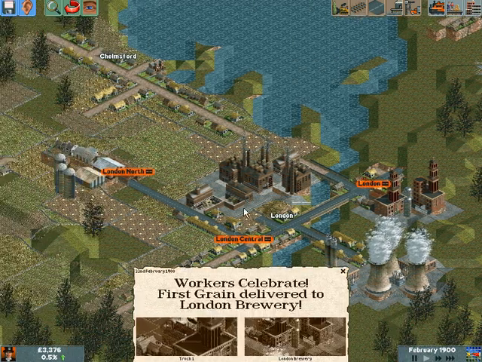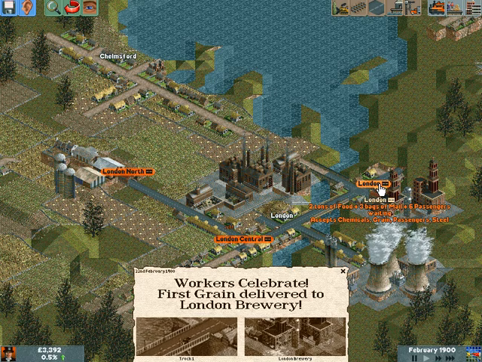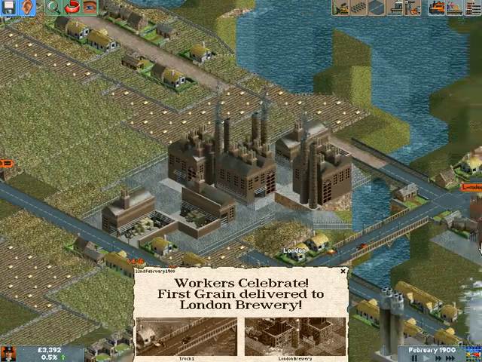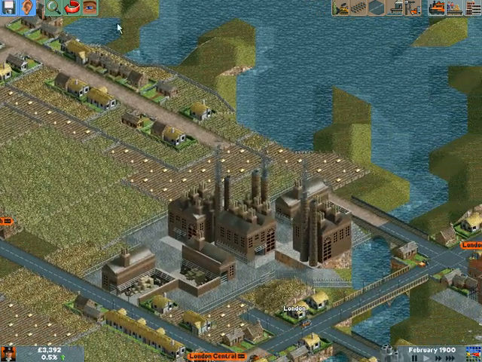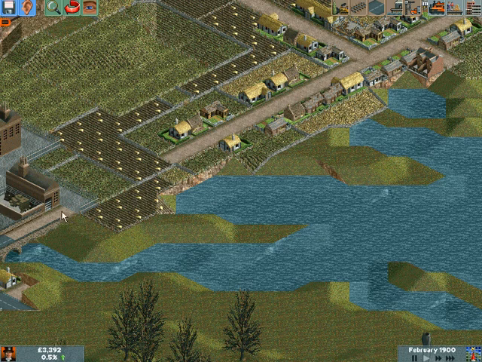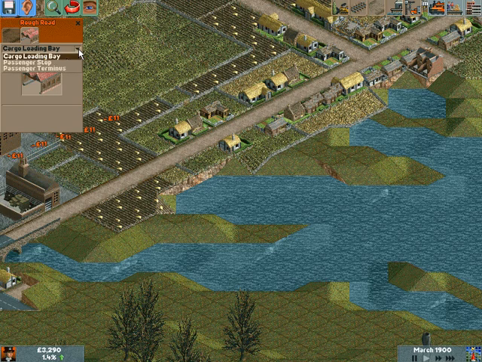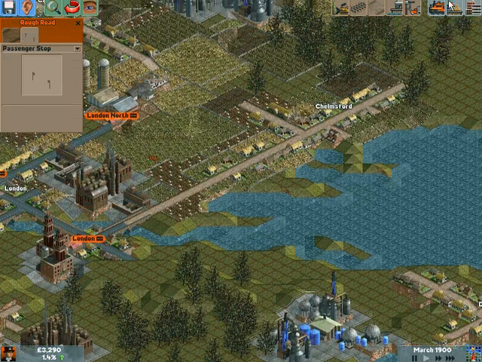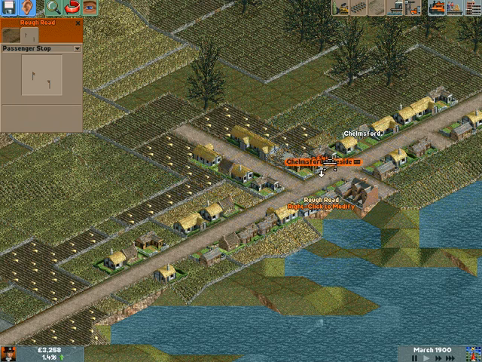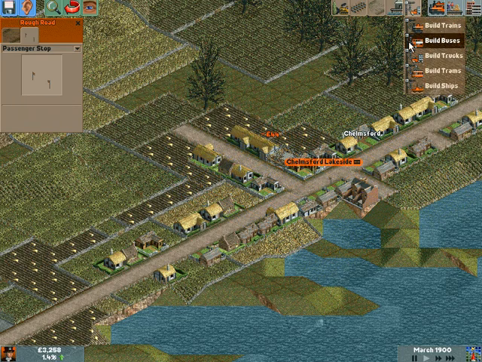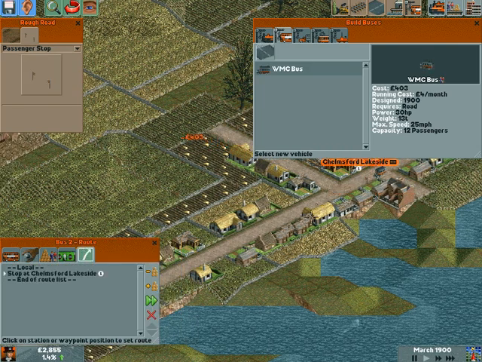Next order of business, we might even connect London with another city over here. We'll do maybe Kemsworth. Yeah, we'll do that. So we'll go ahead, build another rough road. That's a short little rough road. It'll actually iron itself out a little bit later as time progresses. Go ahead and build a nice little happy thing right here at Kemsworth Lakeside. So we'll go ahead and have a little bus here, and do there,